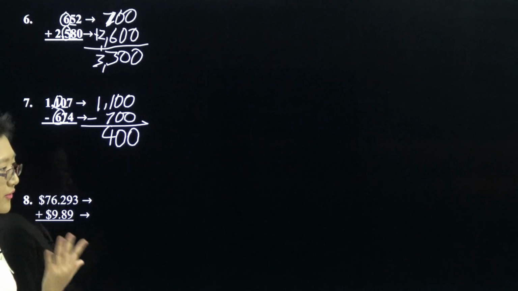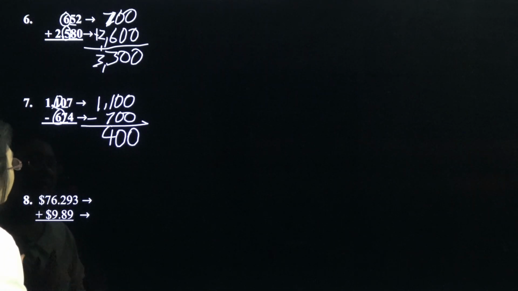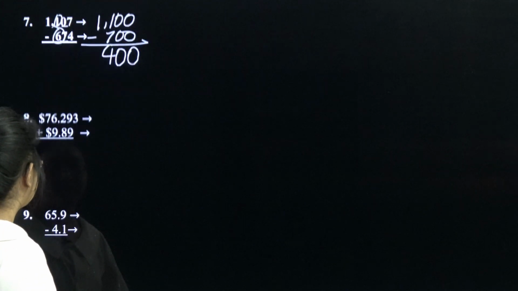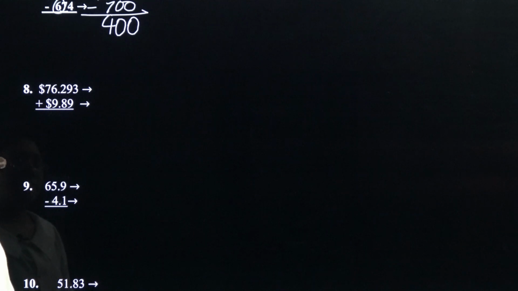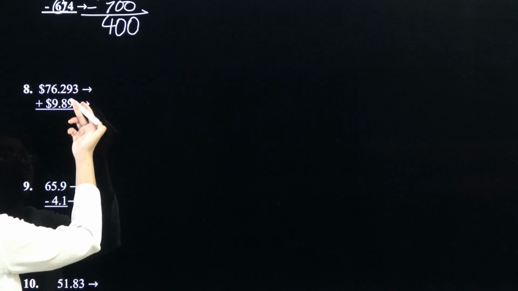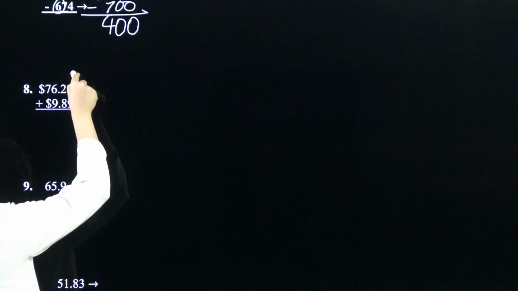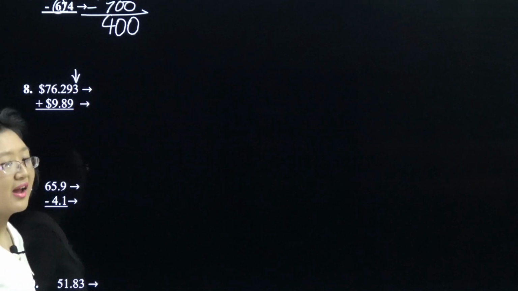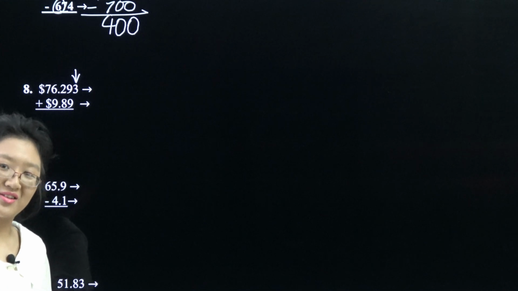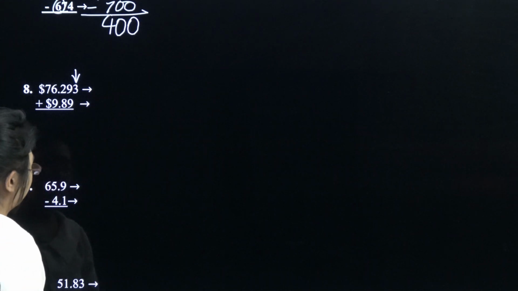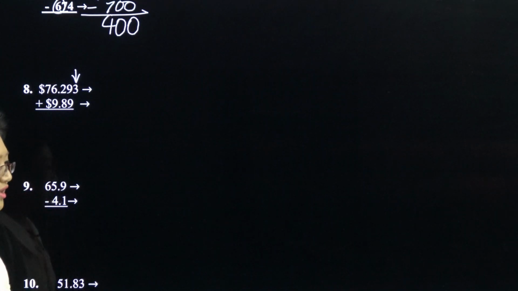Now, if you actually want to figure it out without rounding, you would find that it's actually pretty close to 400. Here we have a monetary value, which means that it's relating to money. But we know that there's only 100 cents in a dollar, so why is there a thousands place? Well, sometimes this just happens when you're doing calculations for things such as taxes. And usually we have to round for that, but for the sake of this, we're just going to move on